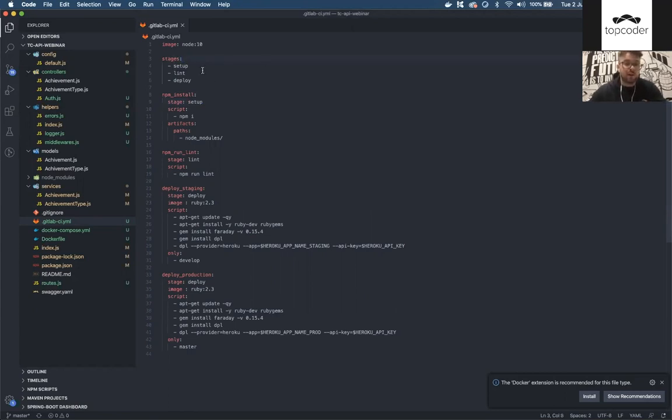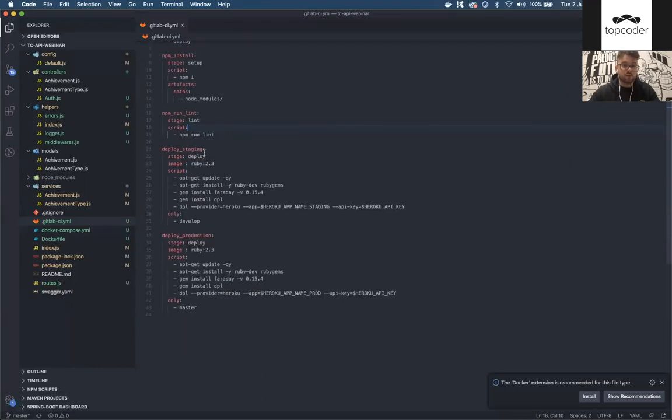So we have three stages here. One is the setup, which basically just runs npm i and saves the artifacts from the node_modules directory. The next stage is the lint stage, which runs npm run lint, just to make sure we don't have any lint errors in our code. And the final stage is the deploy. Here we have two different definitions of the same stage, one for staging and another one for production. And we define for which branches we're going to launch which